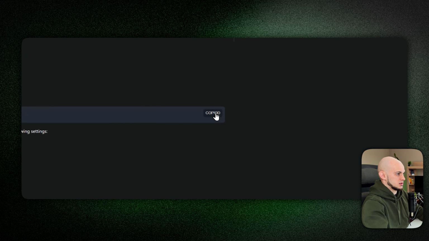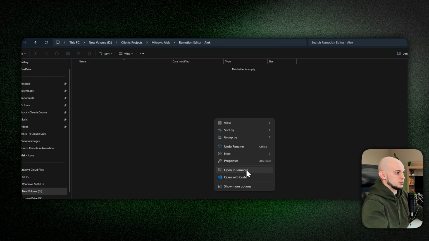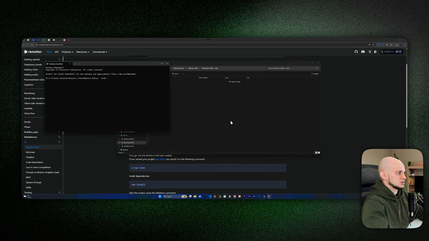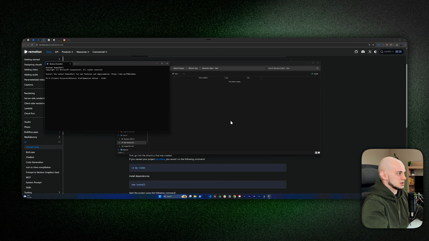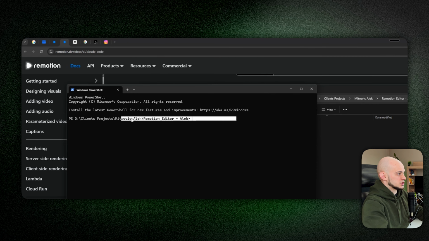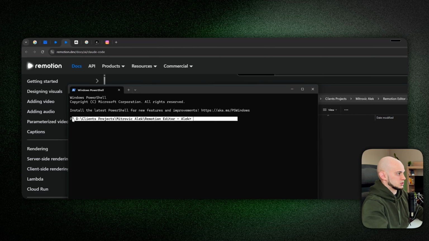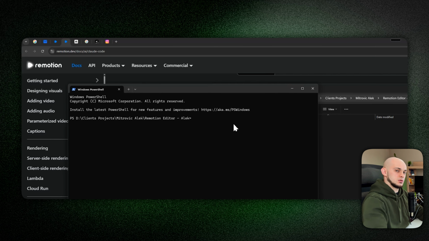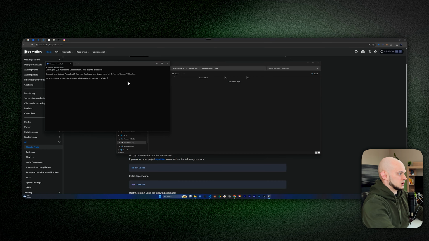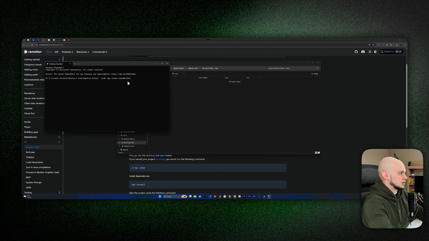So just copy that, go back to your folder and open your terminal. I'm not a Mac user, as you can see, so I'm not sure how to do that there, but I don't believe that it's more complicated than this. It's really important to open PowerShell inside the folder which is dedicated to Remotion. So once we open PowerShell, we're just gonna paste the command that we found on their website and hit enter,